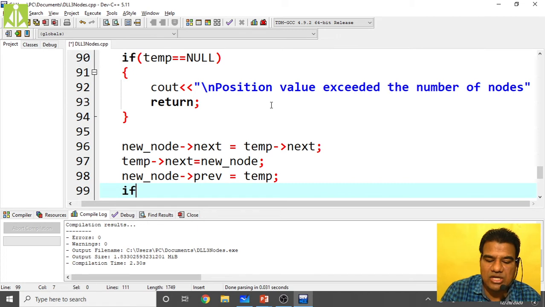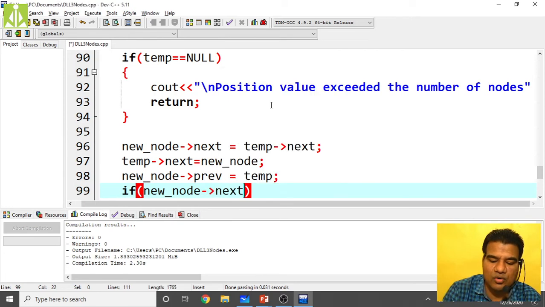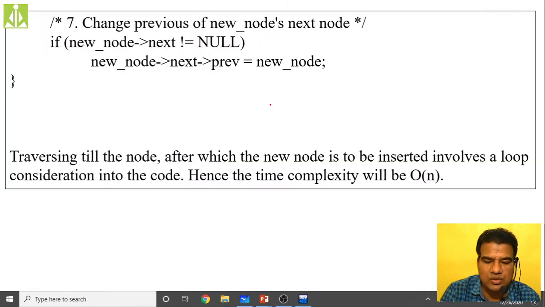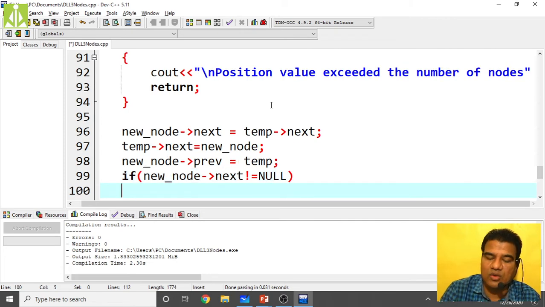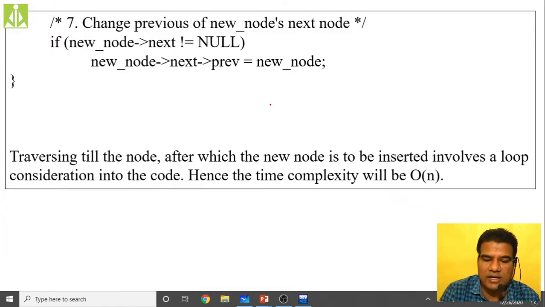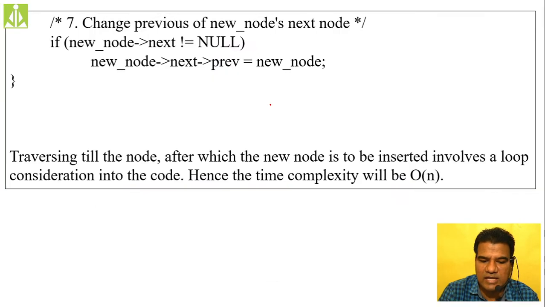So that correction we have to do over here. If new node of next is not equal to null, only then we have to make that correction. If it is null, we don't need to do anything, simply leave it as it is.